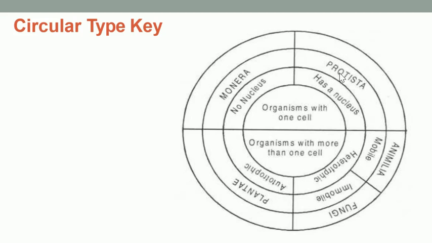Suppose I have a second specimen which has more than one cell and is heterotrophic in nature. So I will look at this key and follow this: organism with more than one cell and heterotrophic in nature. Now I will have to see another character. Suppose that organism is motile. So it belongs to the kingdom Animalia. This is a very simple key. Even a layman can use this key and identify the unknown specimen of organisms.